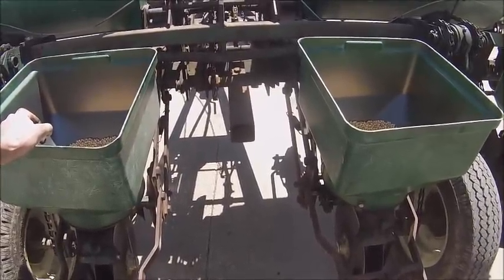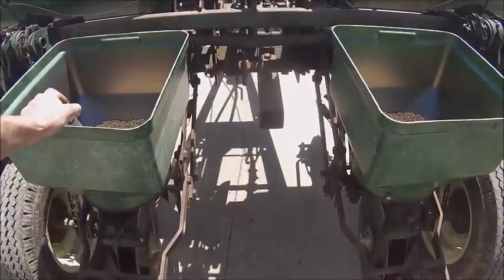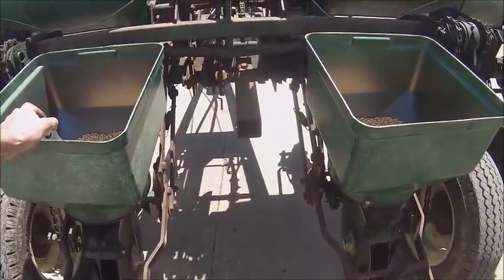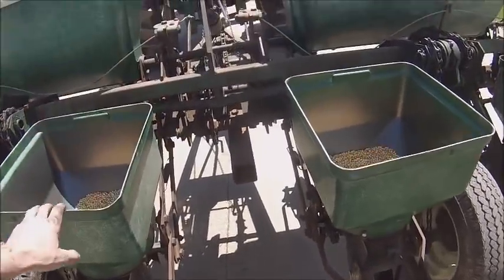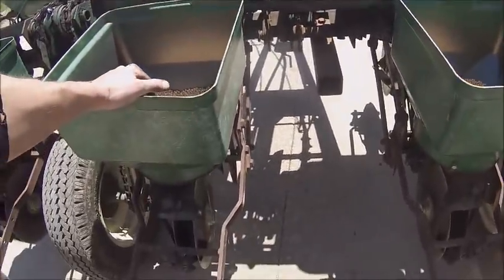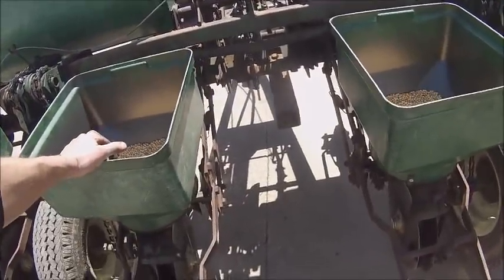So I was shooting for 130, and I got enough seed to go 150, so if it varies a little throughout the field, I've got plenty of seed to make up for it. So anyhow,